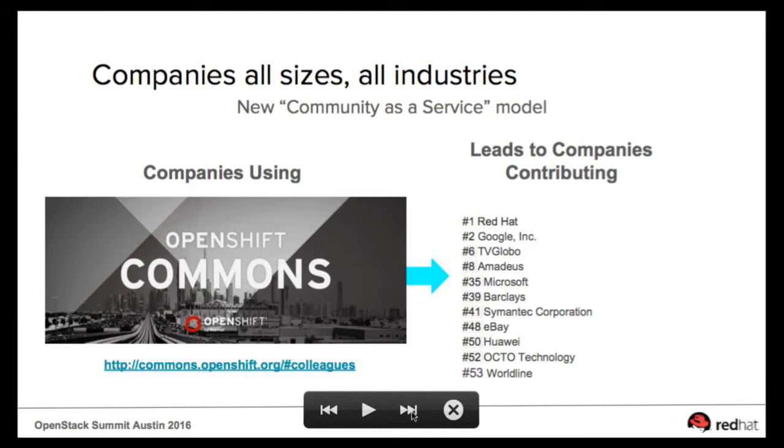And we've seen, by opening up the door, by putting people in touch with each other and creating this thing that we now call OpenShift Commons. So if anybody read The Cathedral and the Bazaar, the Eric Raymond thing? Cathedrals are wonderful. They're the silos of the past, and the bazaar is where all the vendors come to the marketplace. But we're trying to create a different space, more of a peer-to-peer network, where you can come